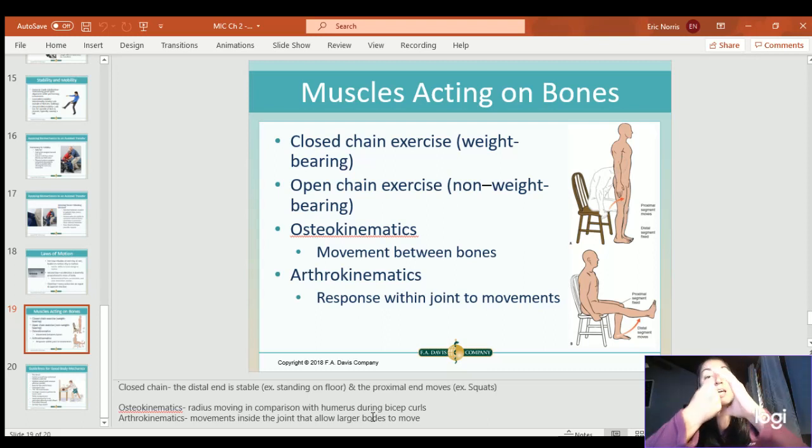So in order to stay in the middle of the joint, it must glide in the opposite direction to stay right in the middle. So as I'm going, we'll call this up for the sake of ease. As I'm going up, I'm rolling up, but I'm gliding down in the opposite direction. Now, if it was the